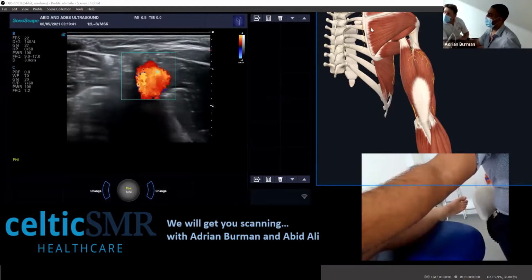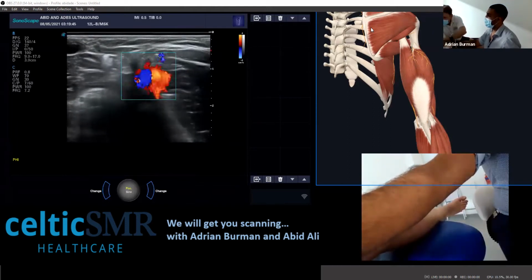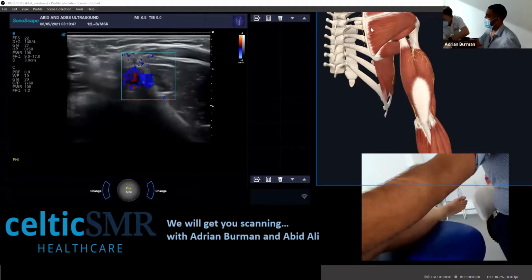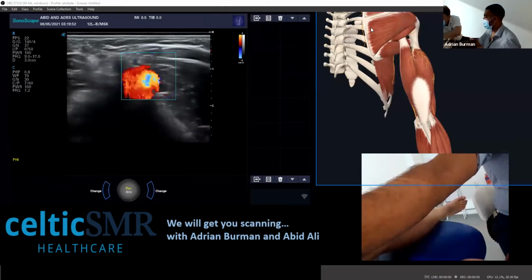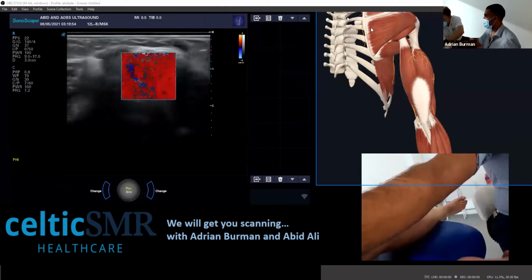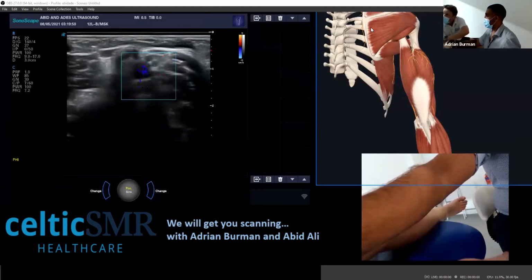Okay, so there we are. So that's a vessel there, and it's obviously quite overpowered. So what we do is we take the scale up now. So you're on the what CFM setting there? I'm on the colour flow, yeah. So if I take the scale up,